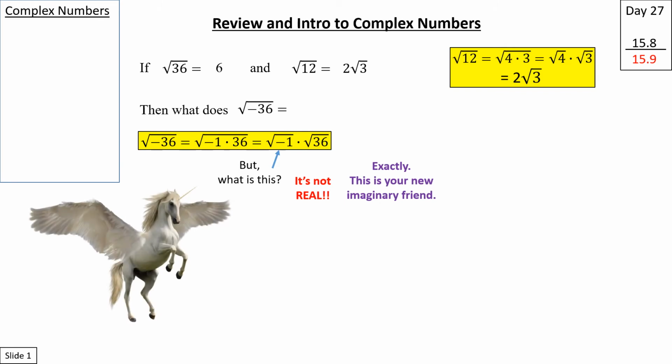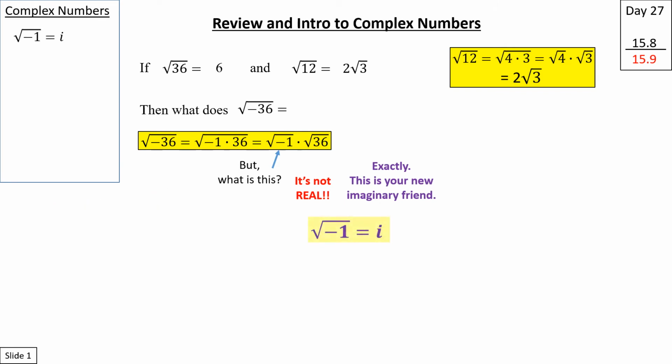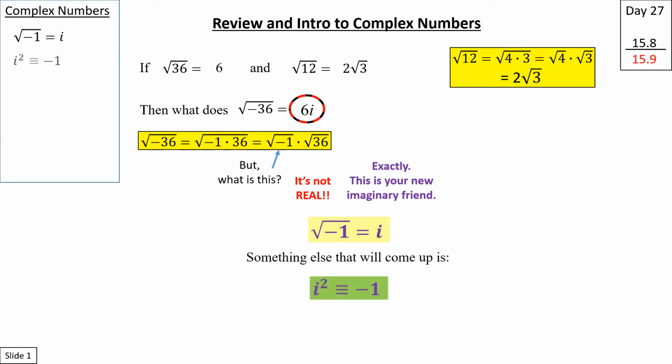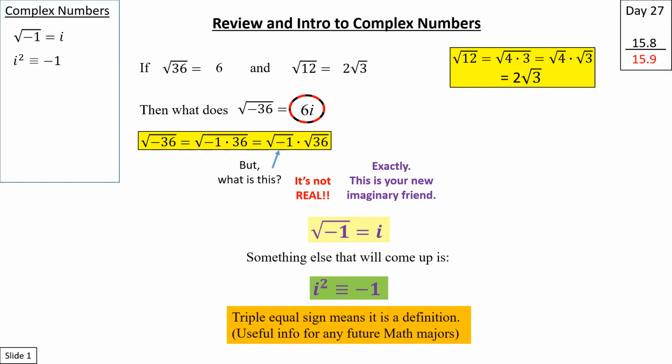Exactly. This is your new imaginary friend. Root negative 1 equals i. So we write it as just 6i. Something else that'll come up is i squared equals negative 1. And that triple equal sign means it's a definition. That's useful info for any future math majors, but the rest of us,